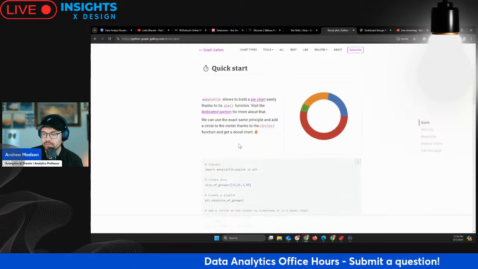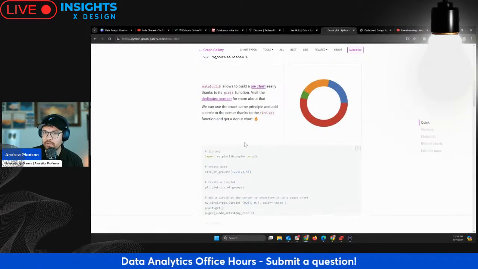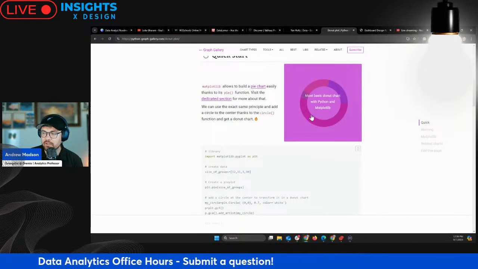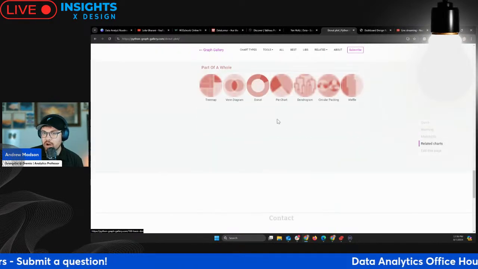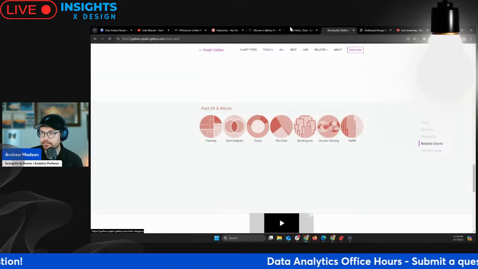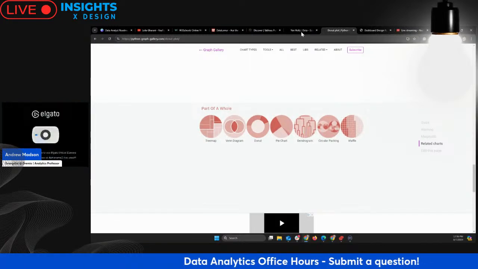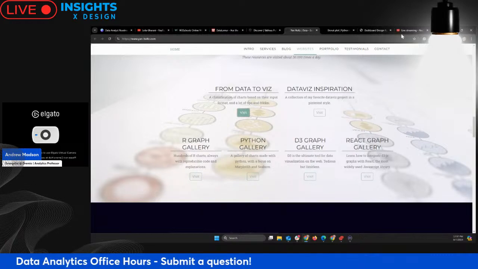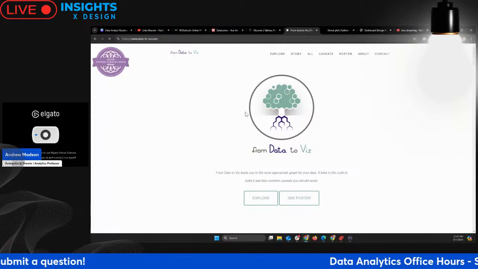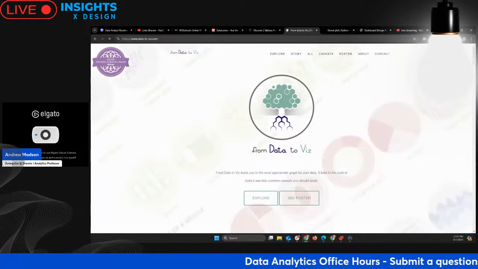So he shows you, here's the code in order to make this particular chart using matplotlib. Are there related charts? How do you do those? Fantastic resource. He's put a lot of work into this. So I think that From Data to Viz is a bookmark that everybody should keep.